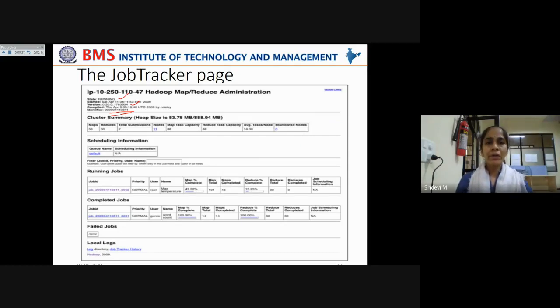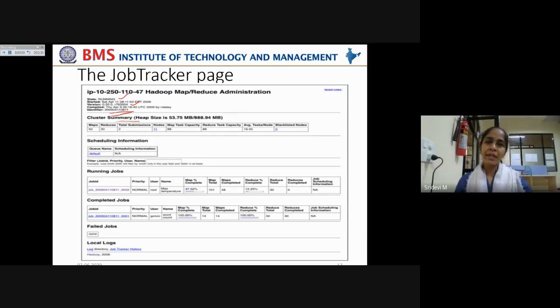Later, the section contains the cluster summary.